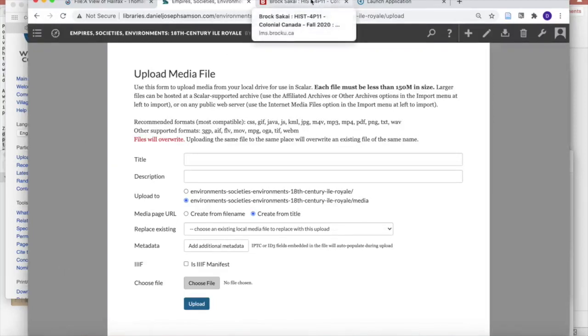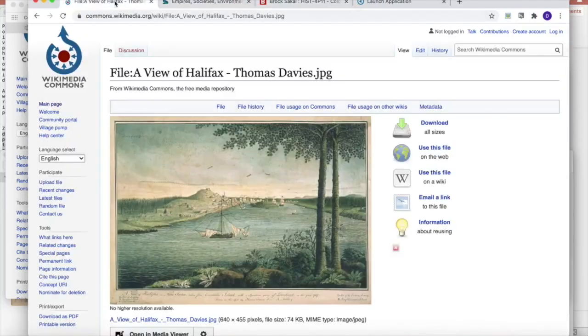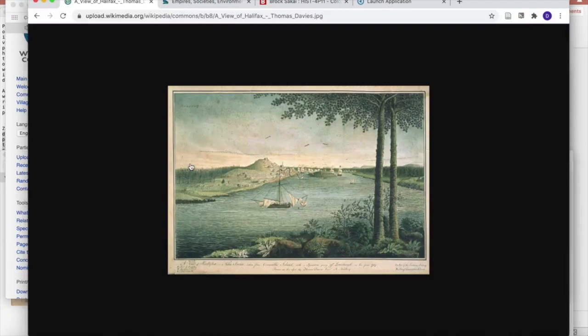Now, what you would normally have done already is you would have found a picture that you wanted to use. So I'm just using this quick and easy picture. This is from Wikimedia Commons. This is a view of Halifax from 1757. You're looking at this and you think, wow, I need a picture of Halifax. I'm not quite sure why you would need a picture of Halifax in your project on Il Royale, although you might want to point to the British context or something like that. But you're going to download